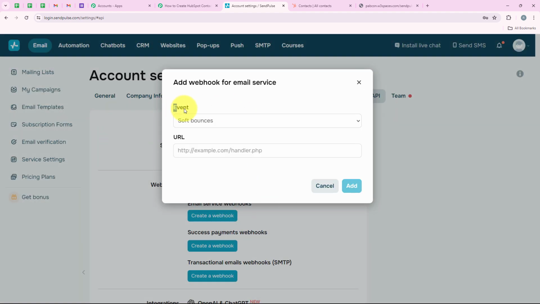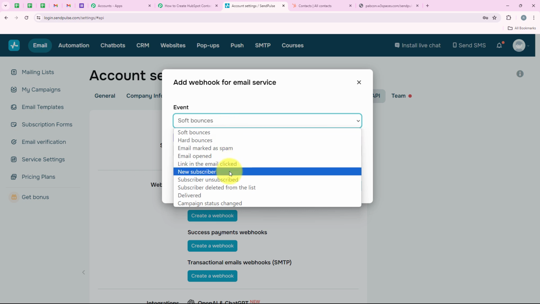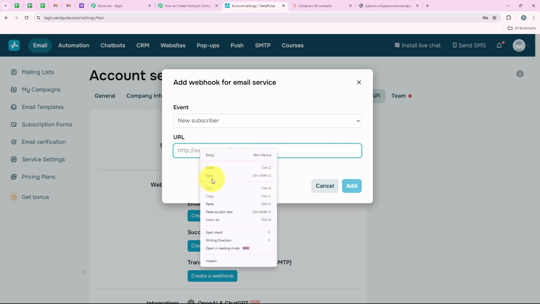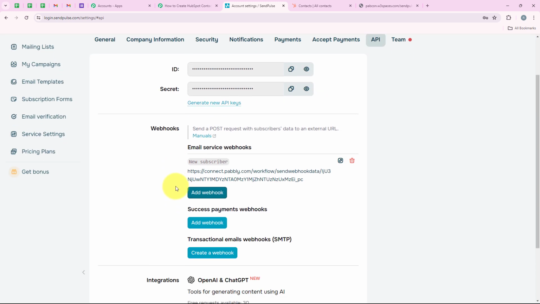And now it is asking me for the event and the URL. So first we are going to select the event as new subscriber. So here you can see the same. So I'm going to select it and then we are going to paste the URL we copied from our workflow. And now after doing all this, I'm going to click on add. And yes, you can see that we have successfully added a new webhook right over here which is new subscriber,